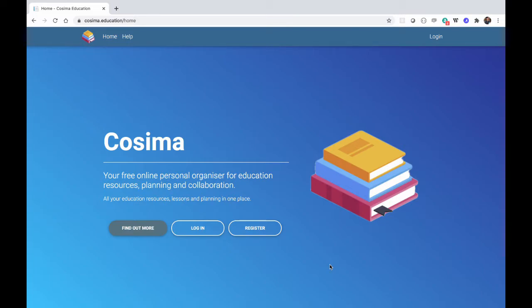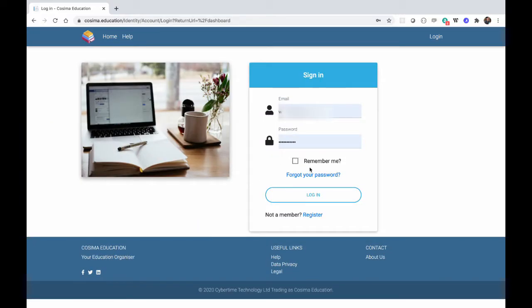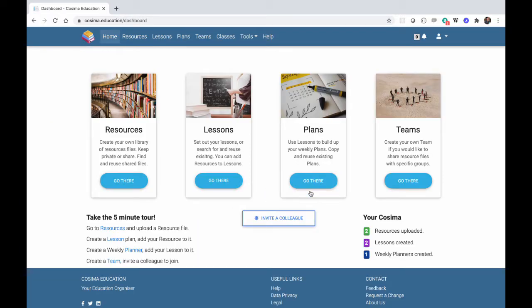It's all free. So with no further ado, if you haven't got an account already, then just click on register. Only takes a minute or so and you'll be straight in. As soon as you have registered, then you log in, and I've gone straight to the landing page, but when it's your first time in, you will be presented with